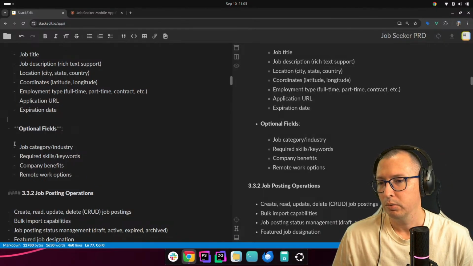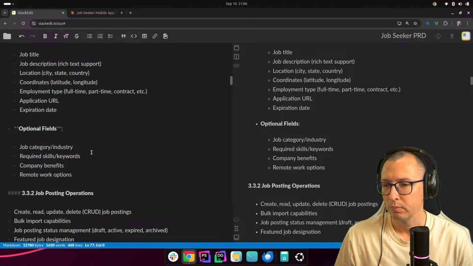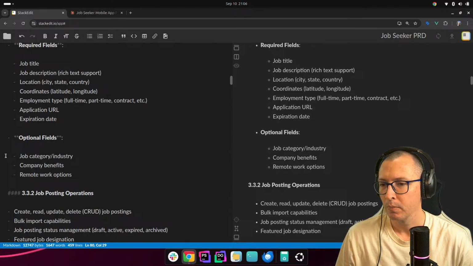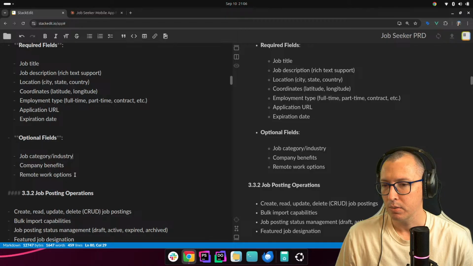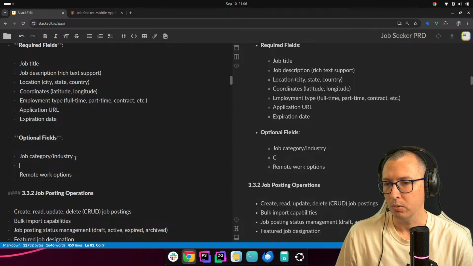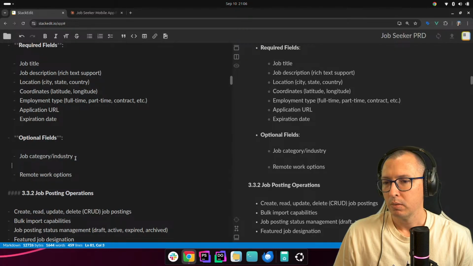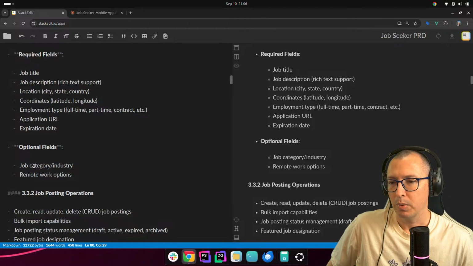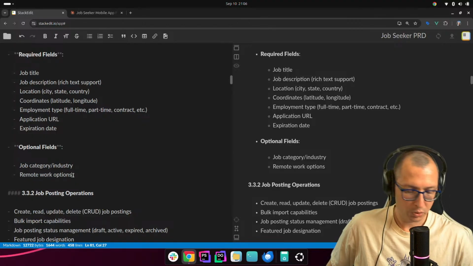Optional fields, required skills, not necessary. Neither is remote. Well, remote work option, that could be useful. So is the job category or industry, and remote work option.